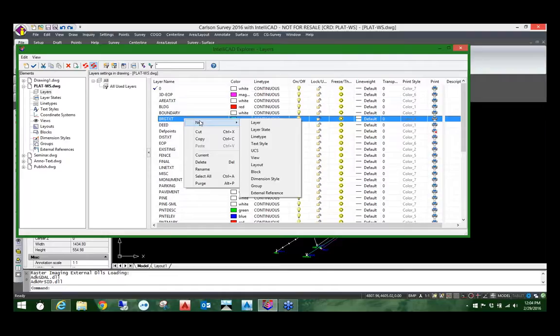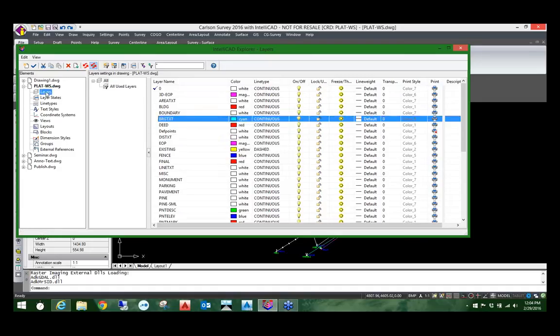But you'll also notice in IntelliCAD Explorer, we can also create new layer states, new line types, text styles, views, layouts, blocks, and so on. So I kind of equate this to a Design Center in AutoCAD, where I can see all the different components within a drawing, and I can share them from drawing to drawing just by a simple drag